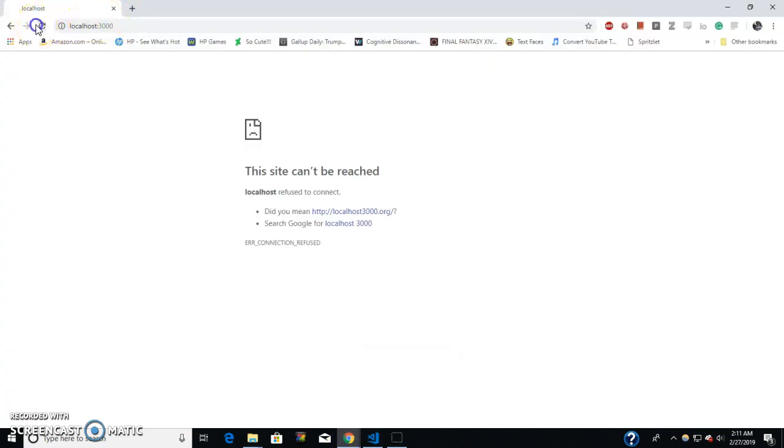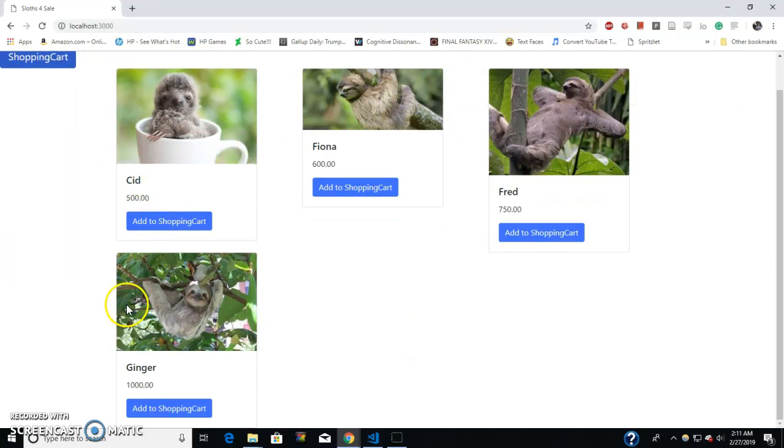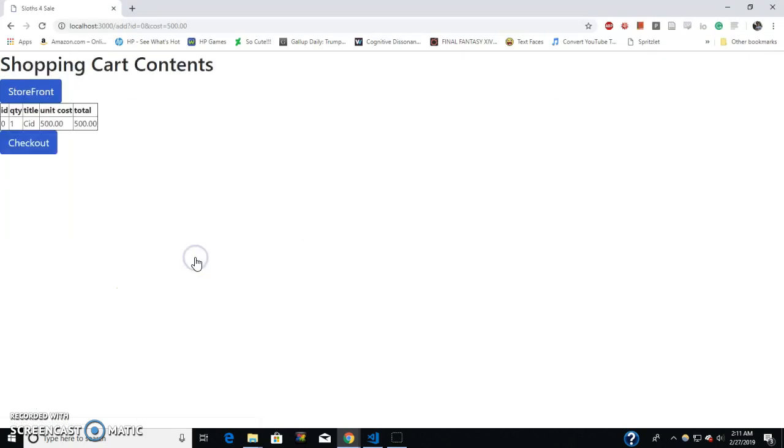When we run the program and go to localhost 3000, we see the option to buy a sloth. There's 4 different options with their prices listed underneath. When we click on Add to Shopping Cart, we see